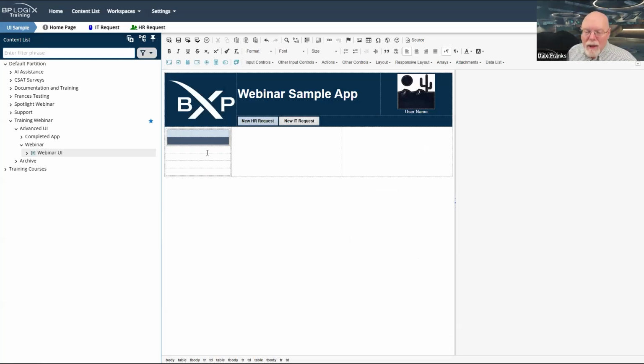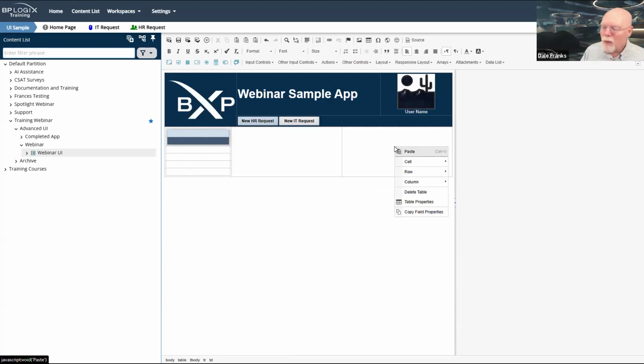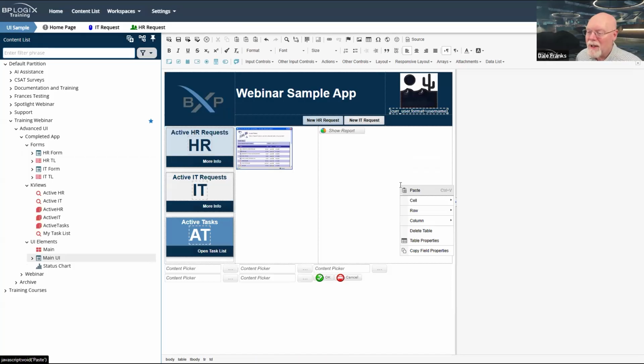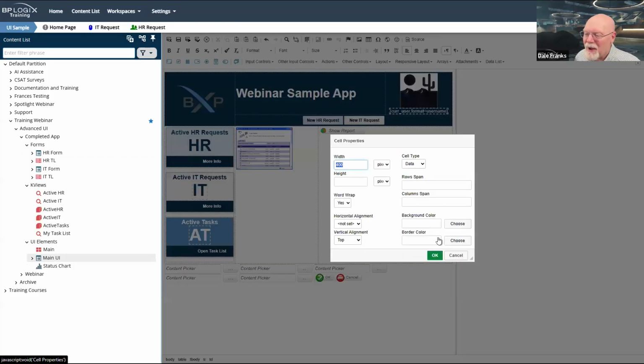So that's going to be 200 pixels wide, that first column. Second column, we're not going to set. The third column, we'll set the size of that. Let me cheat. Let me see what size I set this at. We'll go to cell properties. I set it to 400 pixels. Good to know.